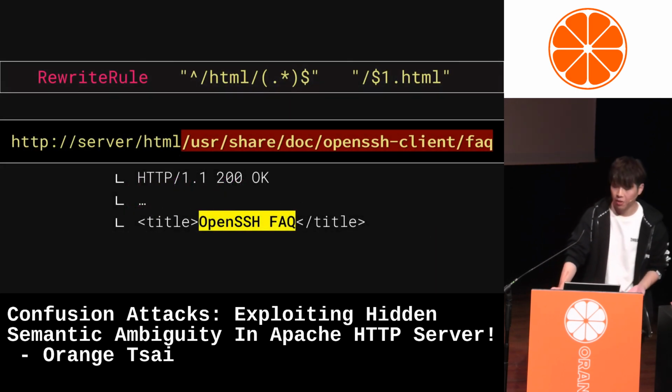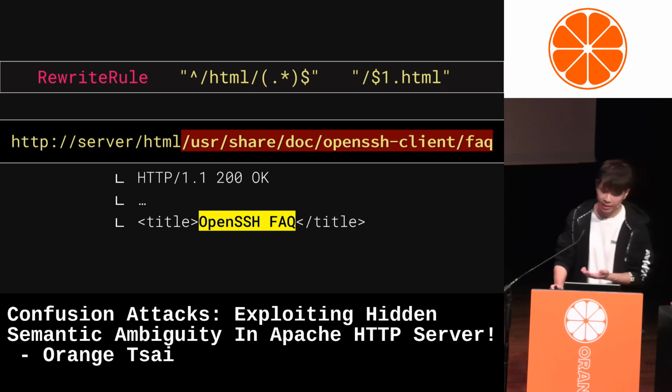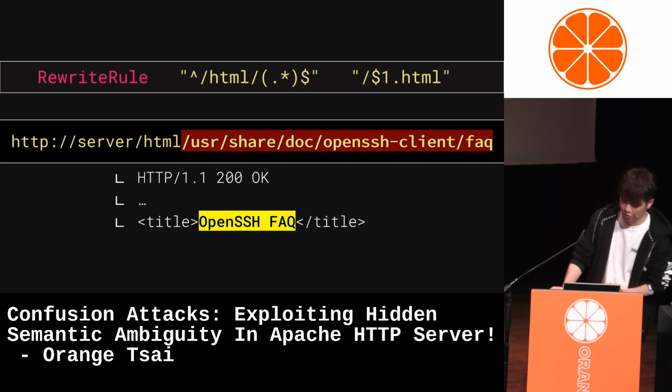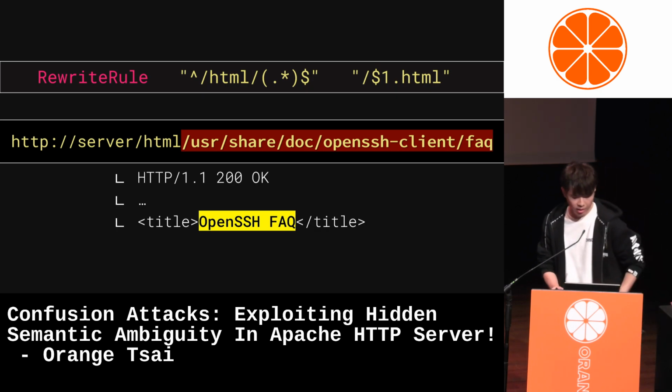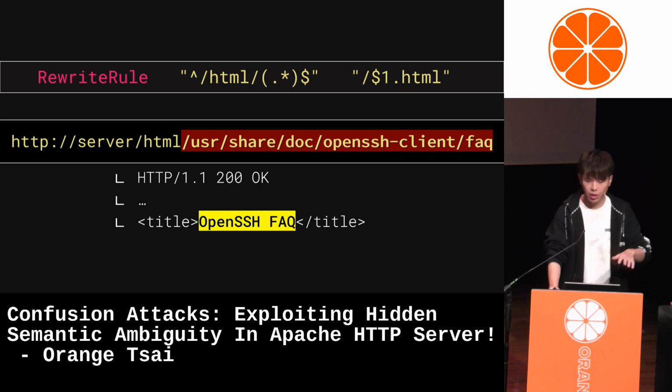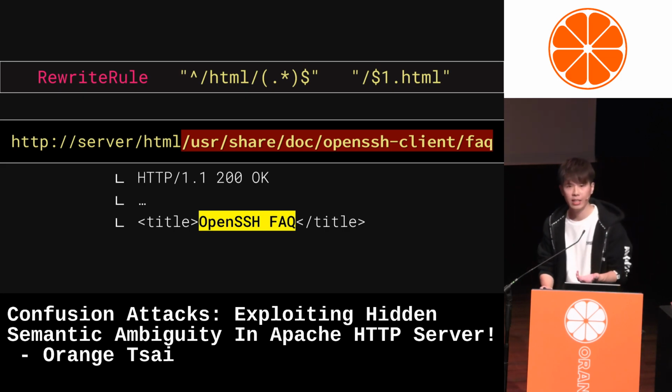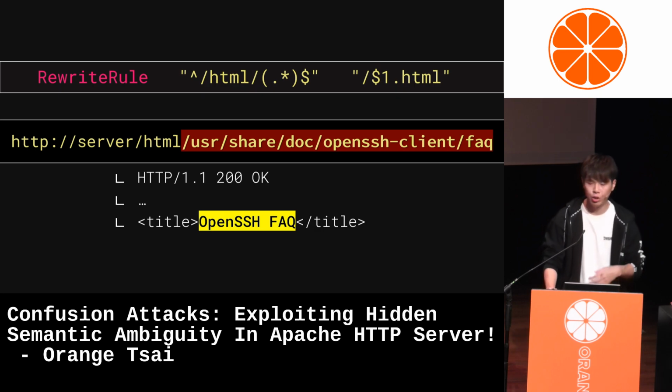For example, we can access the documentation in /usr/share to learn how to use SSH. However, from real-world cases, such as the rule in the slide, the extension like .html is still a restriction that keeps us from being truly free.